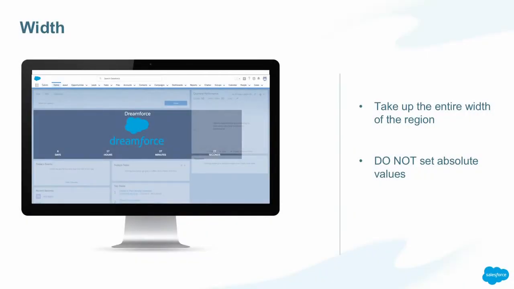The first one is around the width, and this is basically what we just saw. You want to make sure that your component takes up the space that is made available to it by its container. You don't want it to take up too much space, or it's going to break the layout like you just saw. You don't want it to take up too little space. You don't want to hard code a really small width, because that would then mean that components below it reflow up and, again, break the layout. So general rule of thumb is to stay away from absolute values, at least for the root element. That way you can be sure that the page is going to look fine, regardless of what region your component is added